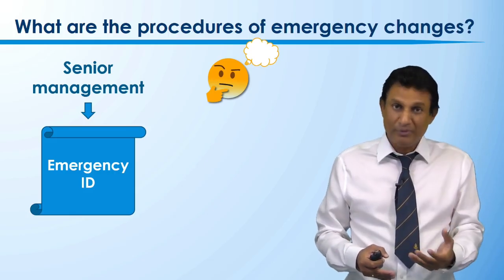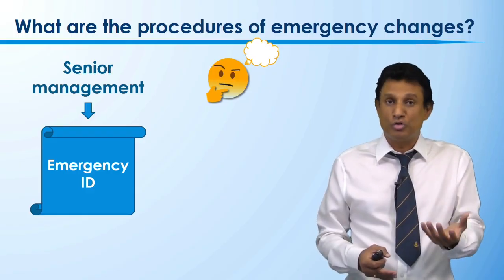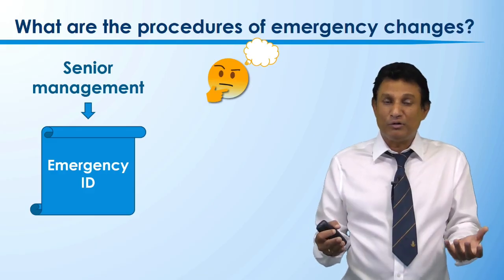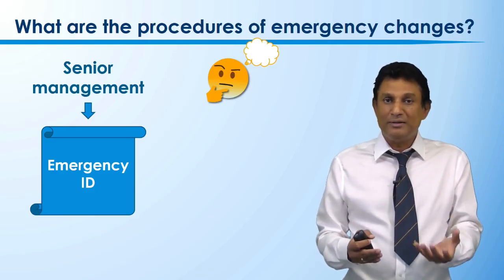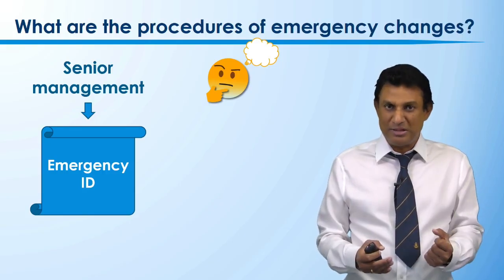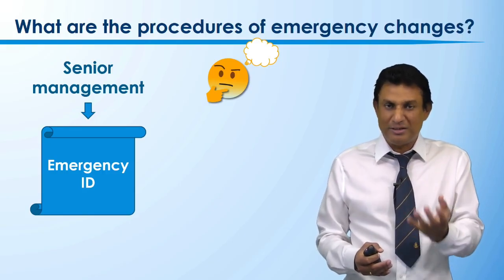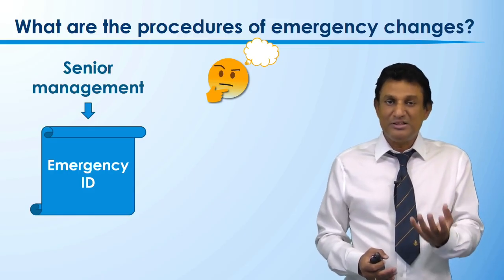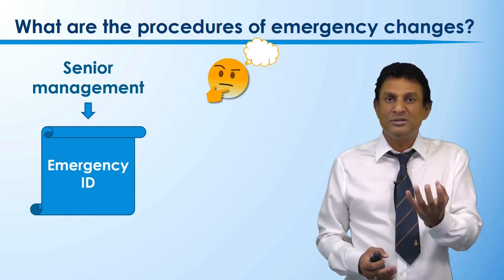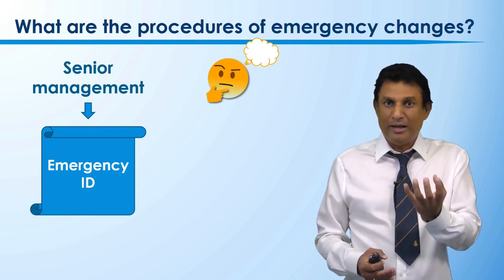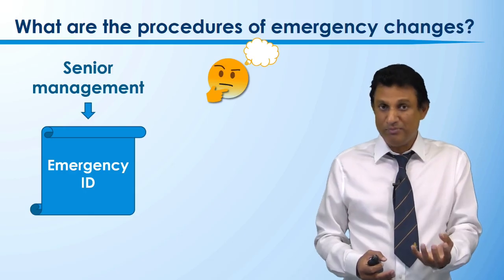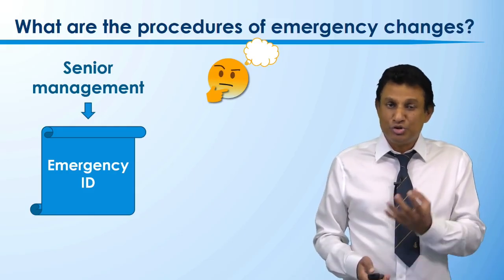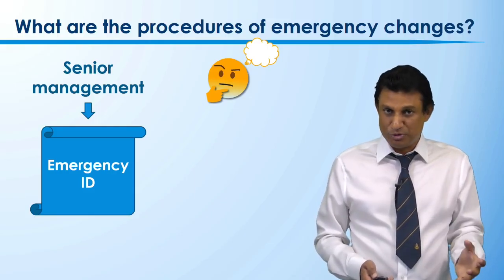Sometimes they might have a roster saying who will be on call, or willing to accept phone calls on a particular day of the week. So the programmer is going to communicate with the senior manager and inform them that an emergency is indeed happening. The senior manager will then create an authentication ID called an emergency ID and pass it to the programmer on duty at that time to fix the system as soon as possible.